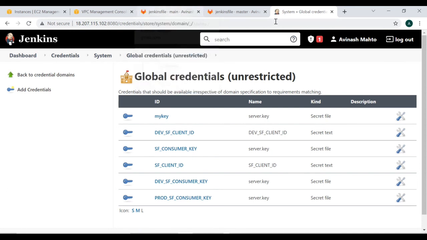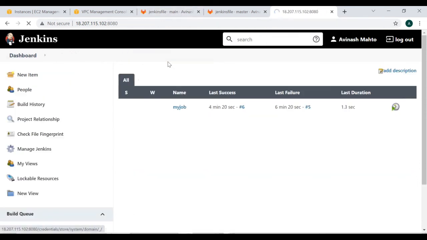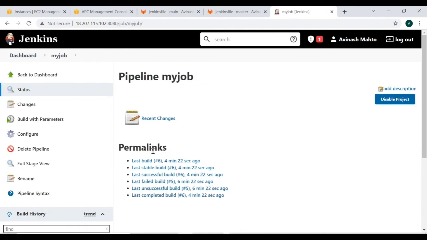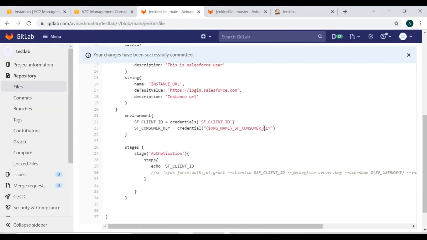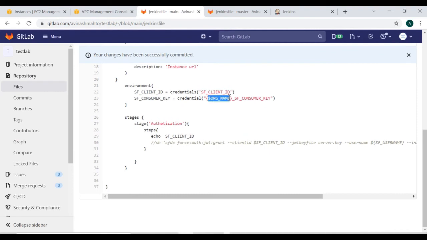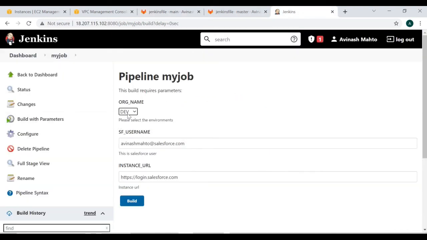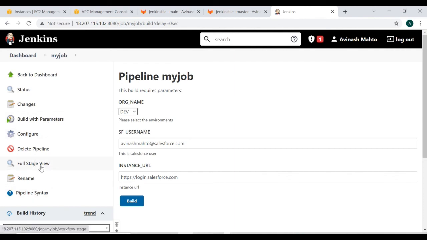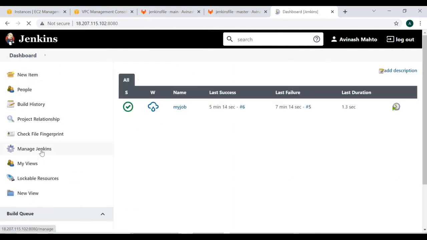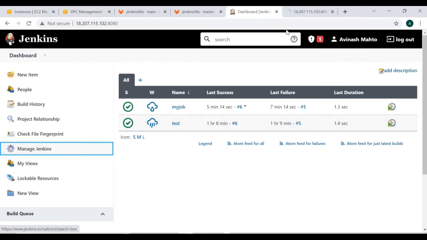So what will happen when we run the job from the dashboard? Let's suppose we are running from the Dev environment. The moment we select the Dev environment, since we put org name, it will select the value org name Dev here, dev_sf_consumer_key. Since we have already defined the value under the credential section, it will pick up the value from here.